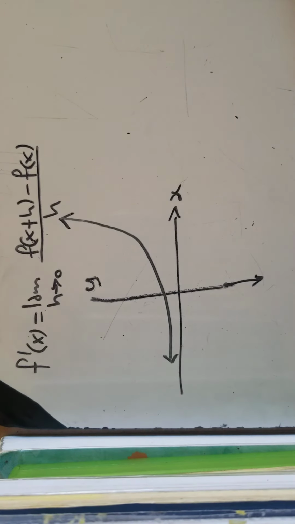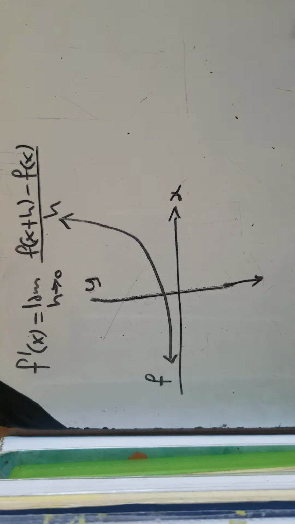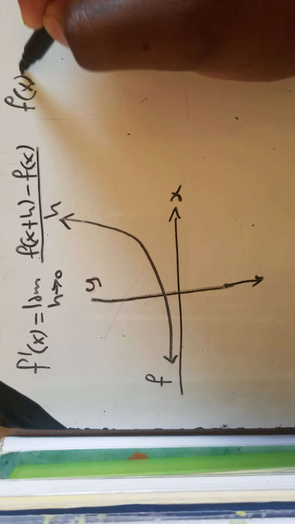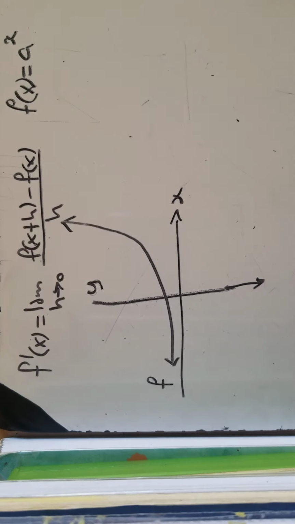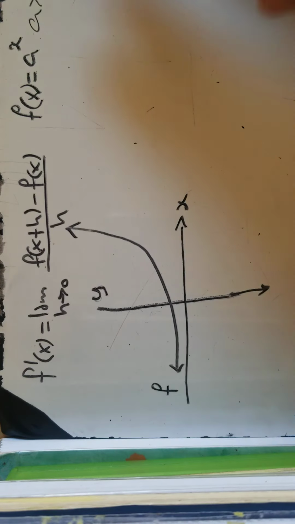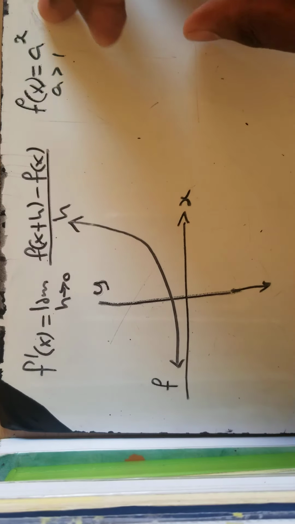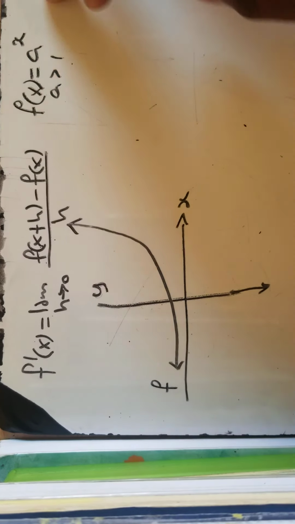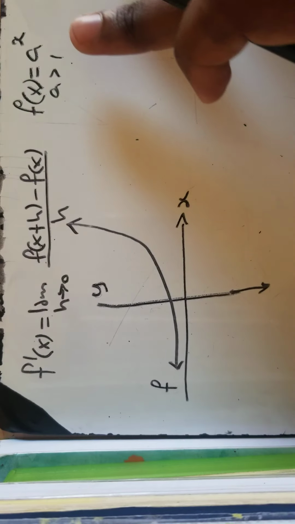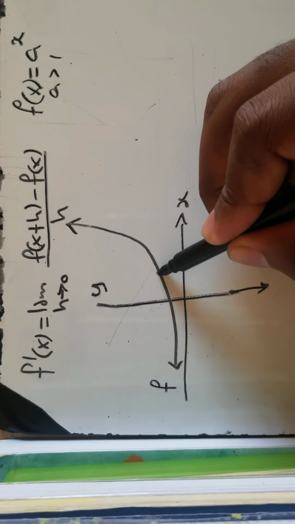This function is equal to f, or for argument's sake the function is f of x equals a raised to x, where a is greater than 1. I don't think you can see that, where a is greater than 1. All increasing exponential functions shaped like this have to go according to this formula. Now the first thing you want to do is pick a point on this curve,